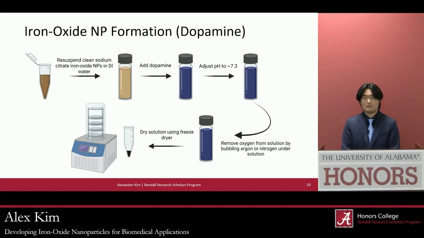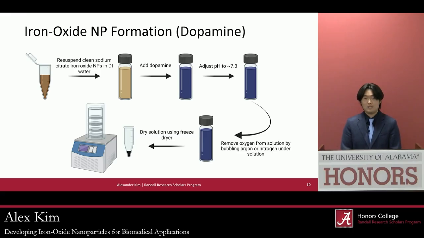With dopamine iron-oxide nanoparticle formation, we had to take a slightly different approach because dopamine iron-oxide nanoparticles become very unstable upon exposure to the much higher heat in the previous reaction formula, where you're essentially putting them into a hydrothermal reactor of 200 degrees Celsius, which is why we actually had to start off with a different type of nanoparticle, sodium citrate iron oxide nanoparticles, and then coat this with a secondary layer of dopamine polymer. We then isolated the dopamine nanoparticles through the last steps below by bubbling oxygen out of solution to prevent any